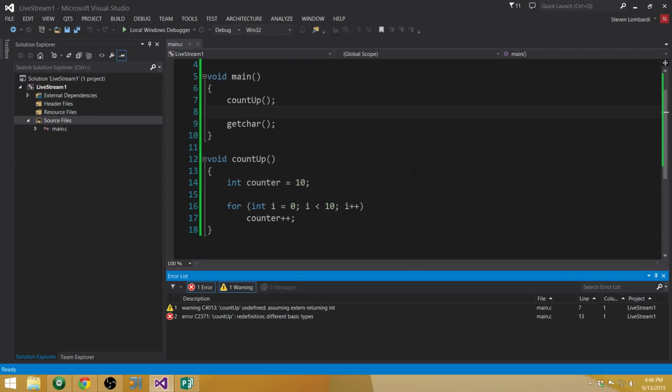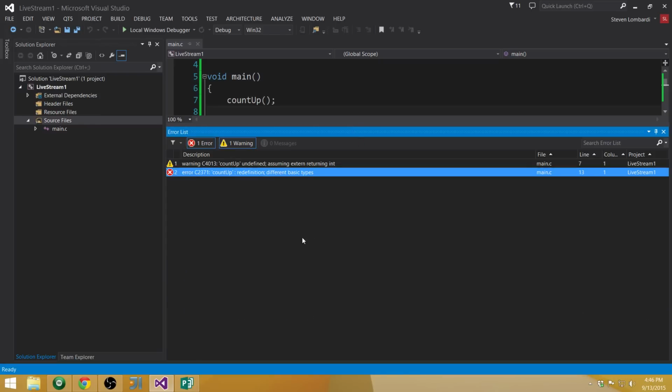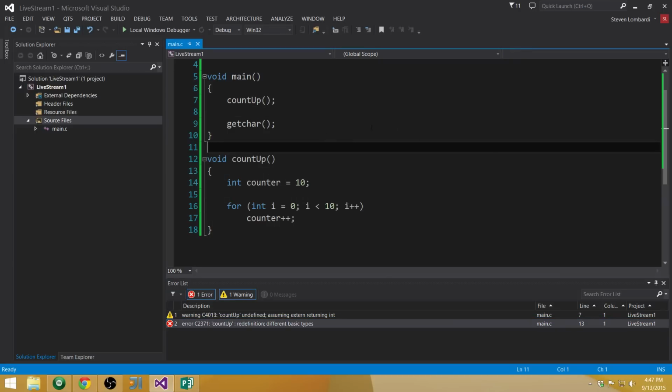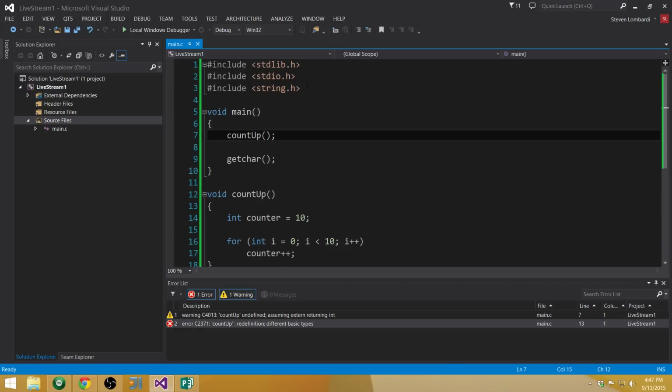Okay, here's a perfect example. I'm pretty sure this is relevant. So the first topic we're covering is forward declarations, and if you look right over here, you'll notice we have this error, count up, redefinition. They have different basic types, so it's confused. And we're not sure why it's confused, because it's pretty simple. We just want a subroutine that just counts up from 10 from wherever it may be. Now, if I were to do this,